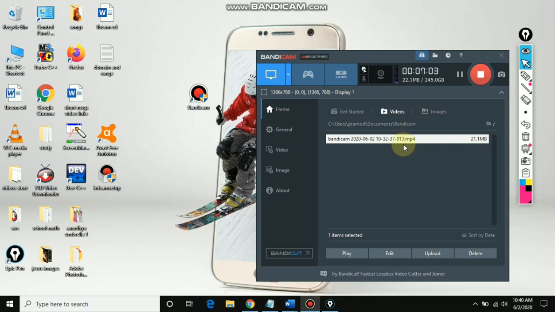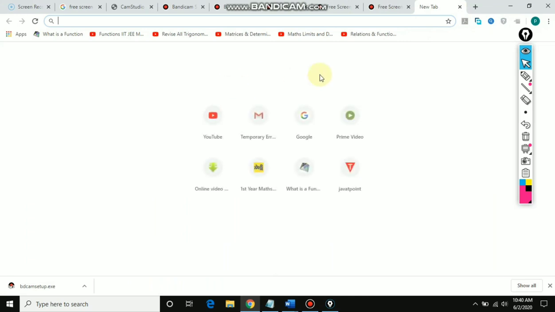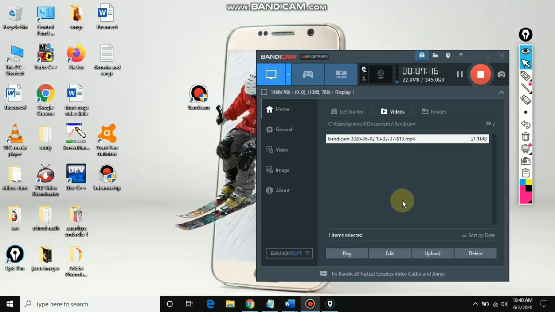Okay, automatically whatever you perform on the laptop, like opening a MS Word document, a text document, or even you can open a web browser. Okay, you can show examples. Clear. And additionally I'm using this Epic Pen software for better appearance, to draw something over screen or to draw something on document. Okay, so this is all about Bandicam software.